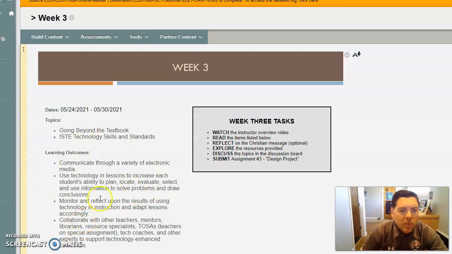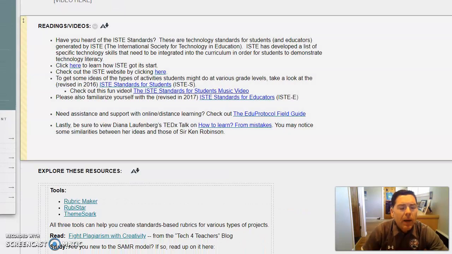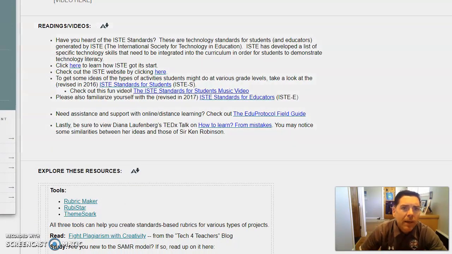Make sure you look at the learning outcomes. One of the focuses for this week is using technology in lessons. We are really going to try to take technology to a new level this week, not just for basics, but to enhance the lessons that we are teaching students. As you scroll down, you have some readings and videos, one of which is looking at the